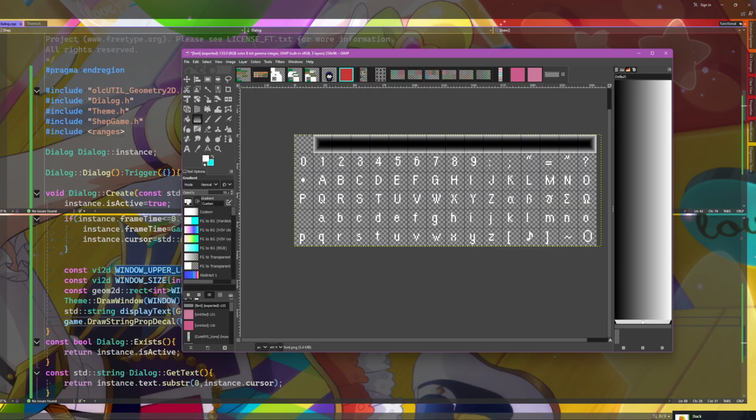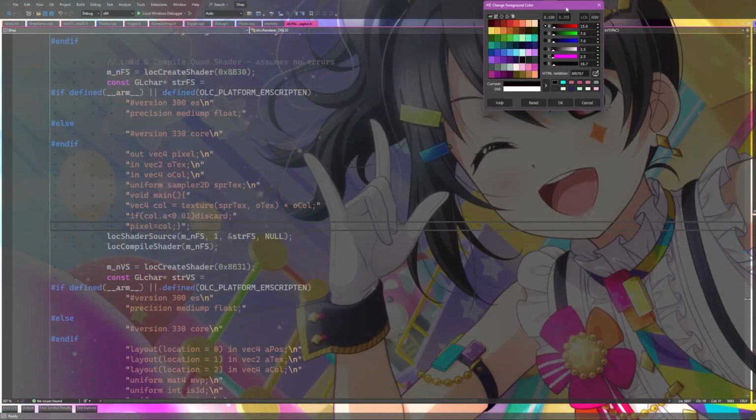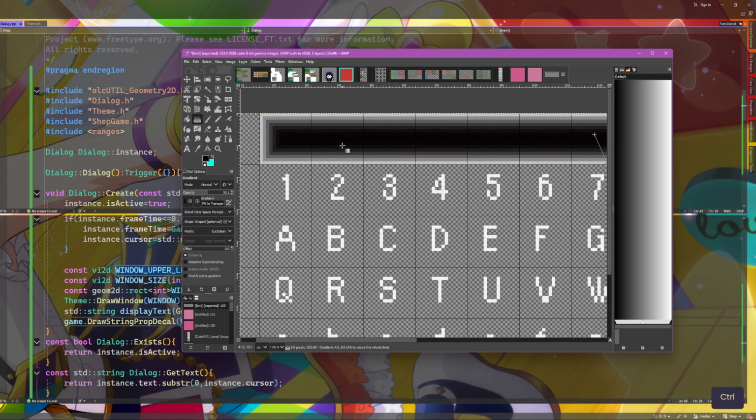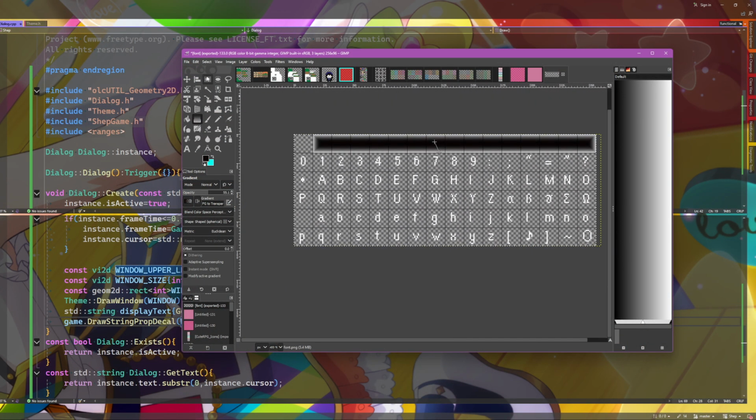I like how the thing is not changing. Whatever. Black. Okay. I need to undo what I just did.